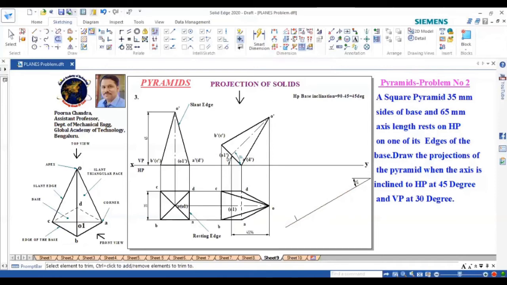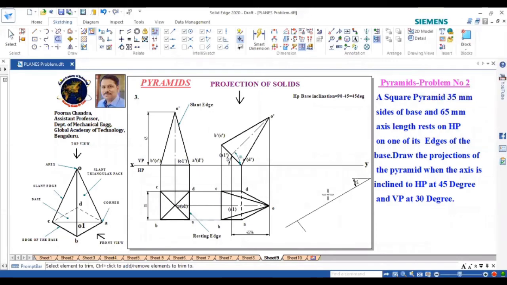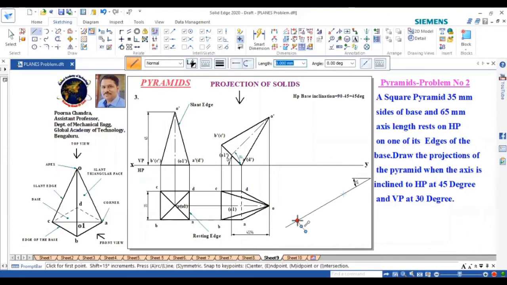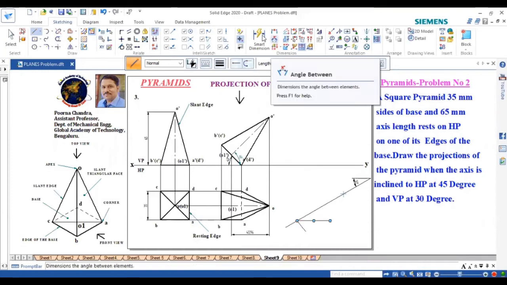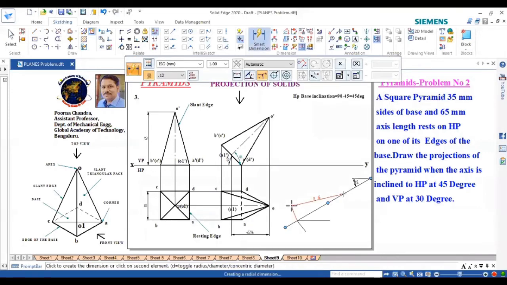Or I will trim the other end itself. So this I am trimming. Okay. So now I will draw the projection line to draw the locus. So first you need to draw this arc, then you can dimension that if you want.